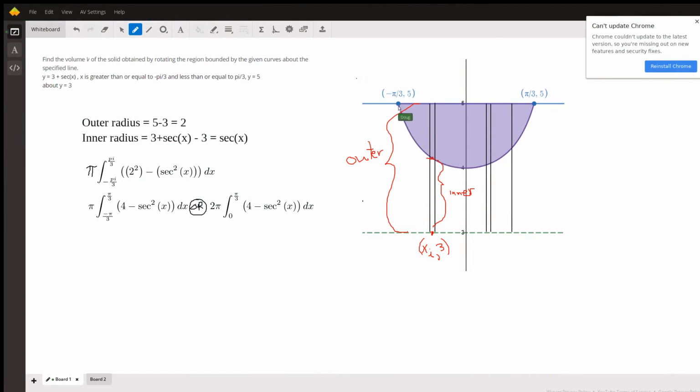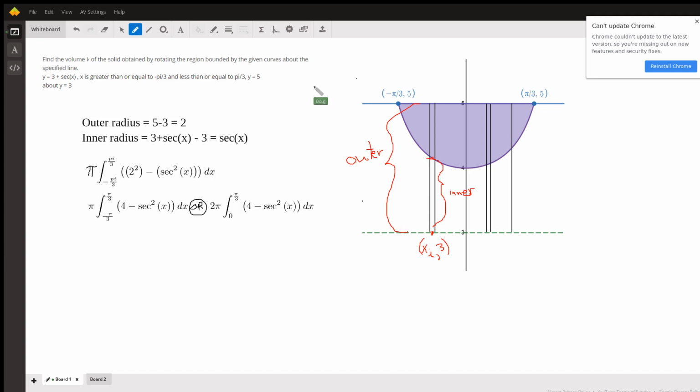Okay, this purple region over here is the area bounded by 3 plus the secant of x from negative pi over 3 to pi over 3, and the line y equals 5. We're supposed to revolve that purple region about the line y equals 3, which is this green dotted line here. So we're going to use a